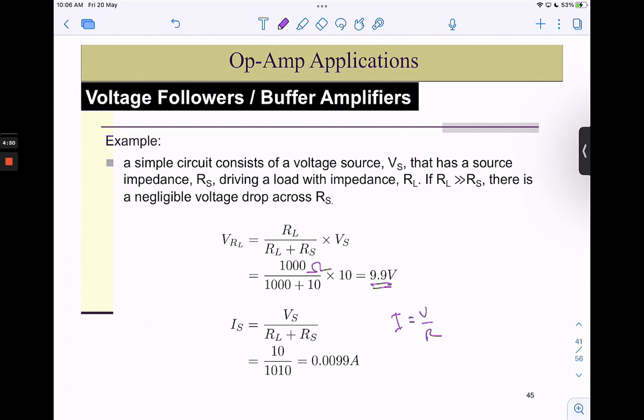So Vs over Rs plus RL equals 10 over 1010, which equals 0.0099 A, which is small, and we can say that the voltage drop across Rs is negligible. It's about 0.1 volt. Okay,